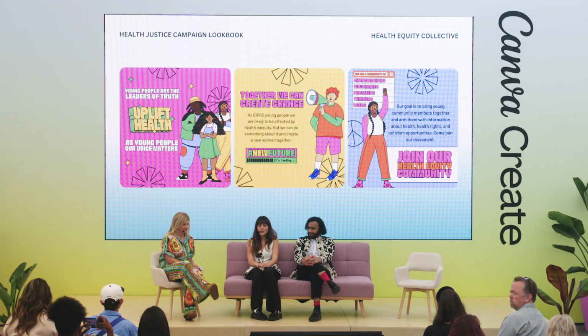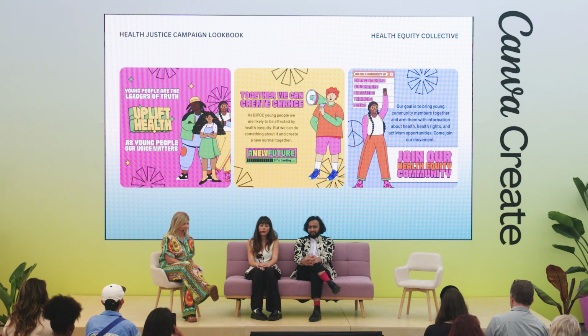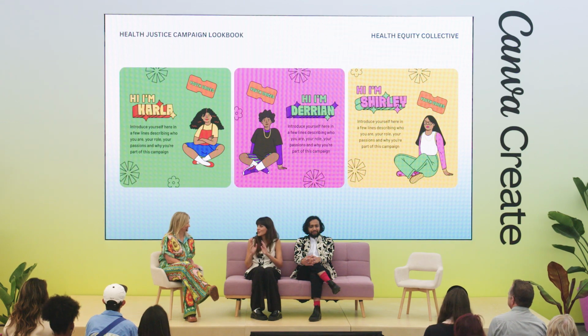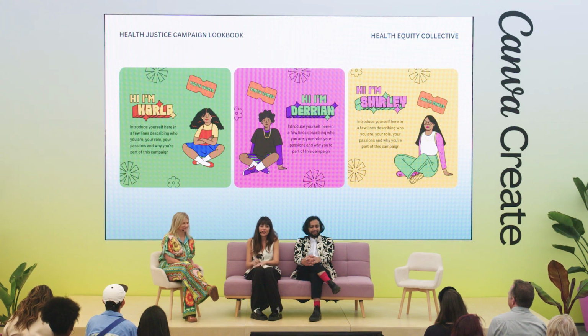Yeah, so this is the first post that Shirley, Darian, and Carla put together. They wanted to introduce their campaign to the world, talk about the goal of it, why they're here, what brought them here, and what mattered to them. And they jumped right in. They wanted to create their own characters, which was fun. They're like, we want to post and introduce who's the voice behind this campaign. So Darian wanted his signature necklace on. Shirley wanted her glasses that she's known for. It was so fun to see them ask and pick and choose what they wanted and write their bios and introduce themselves to the world.